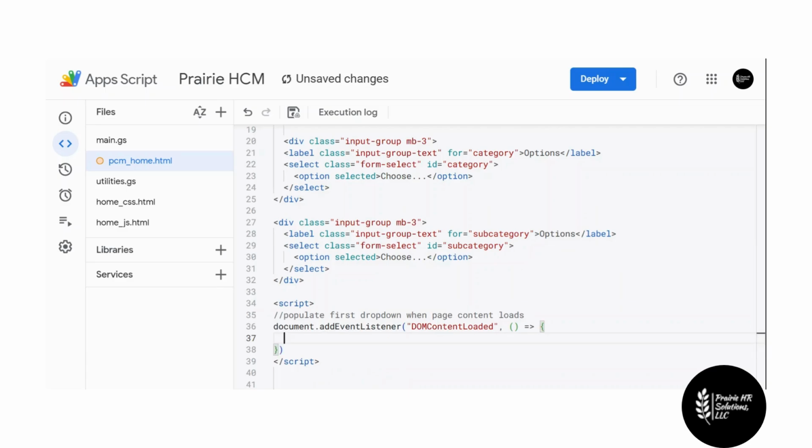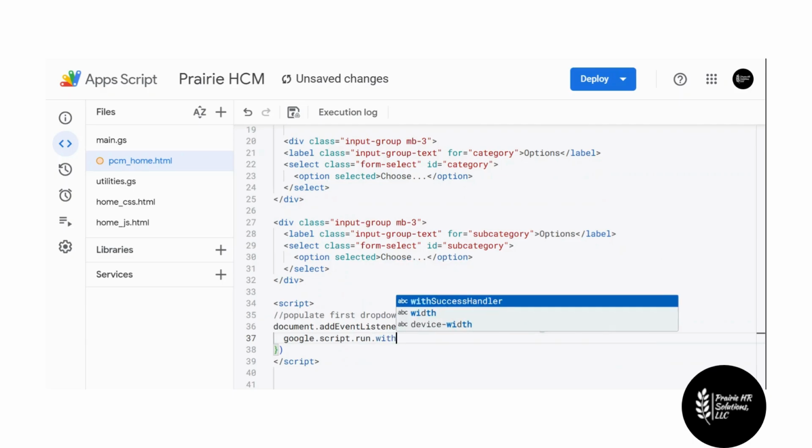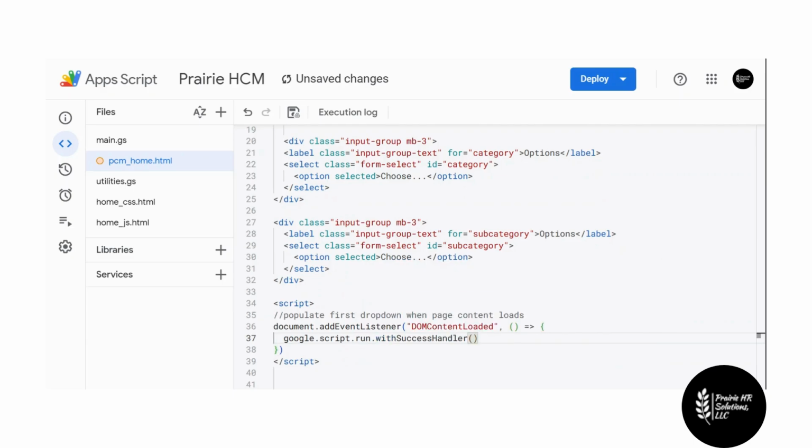And the function that we're going to want to run is we want to send something over to our Google Apps script side and then get something back. So we're going to need to do google.script.run, and this is going to have a success handler. And the function that we're going to want to run over on our Google Apps script side, our server side, is, let's just call that function get